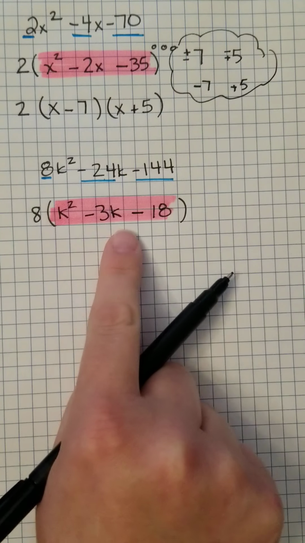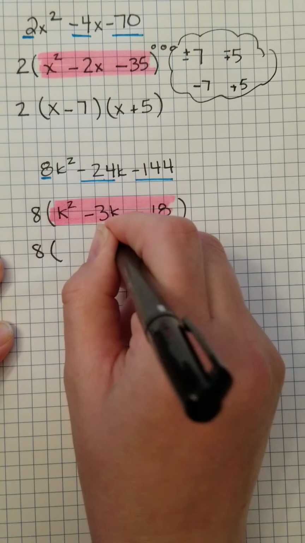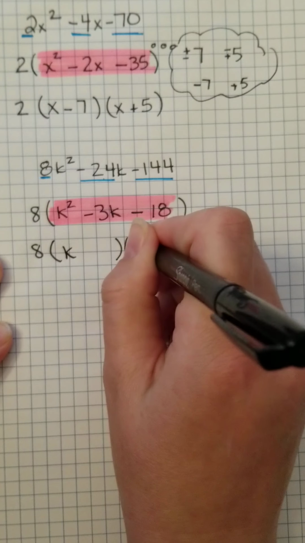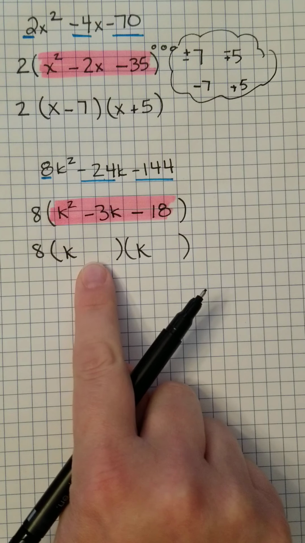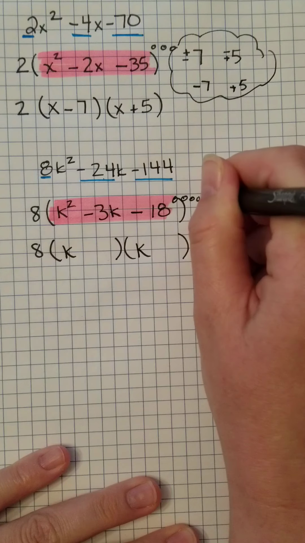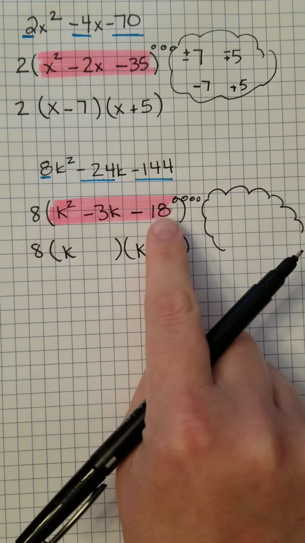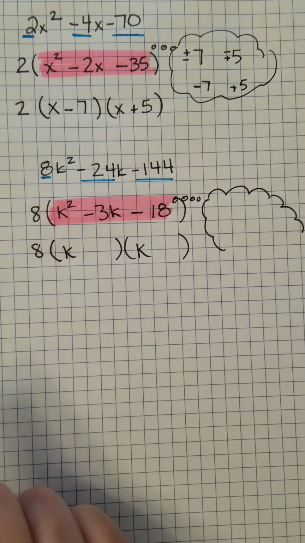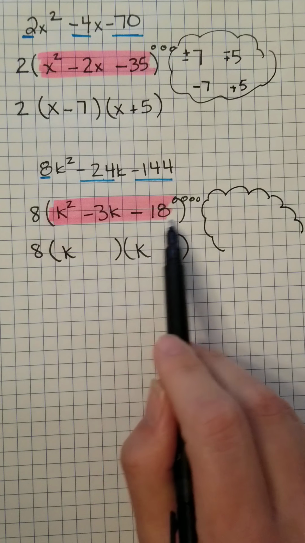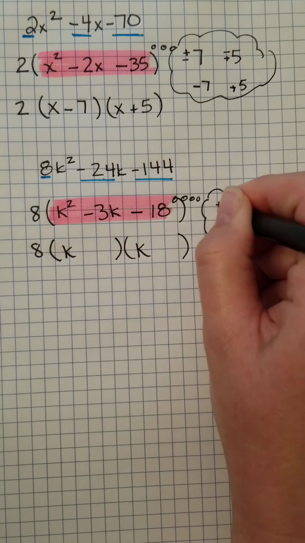This is like everything you were doing yesterday in that poly packet. So when I set this up, this is usually what I do. I have a k here, I have a k here, and then I know it's going to be plus or minus something, plus or minus something. My thought bubble over here is going to be what factors of 18 will add together to give me a sum of negative 3. I know that my 18 is negative, so I'm going to look for plus or minus